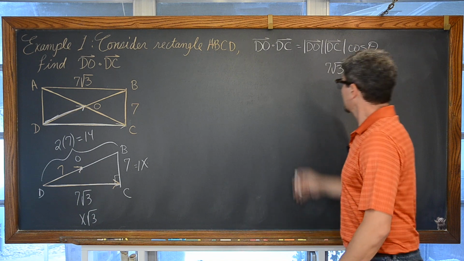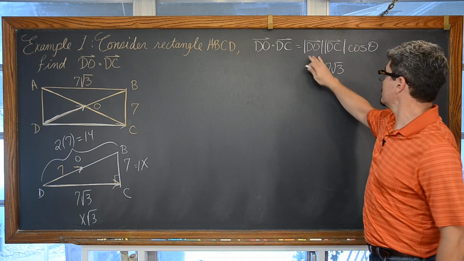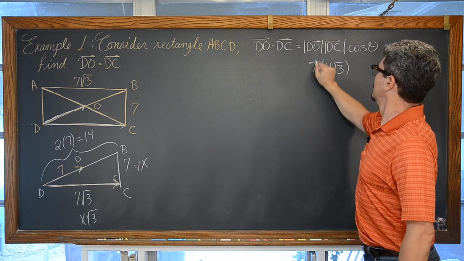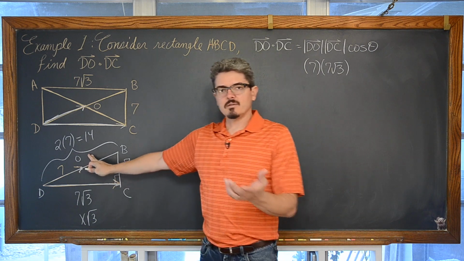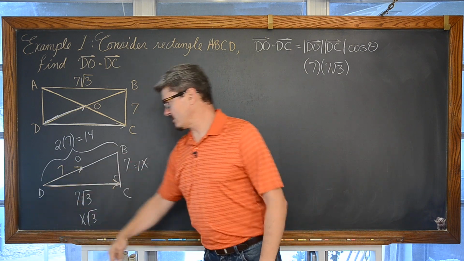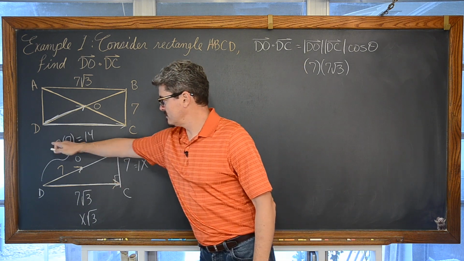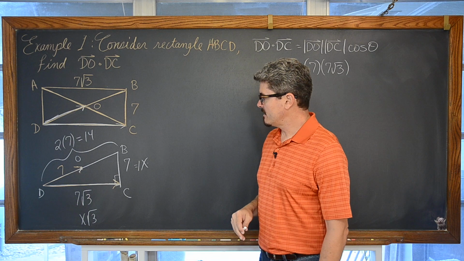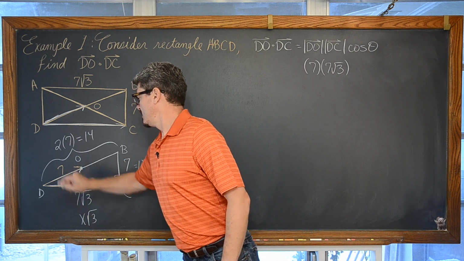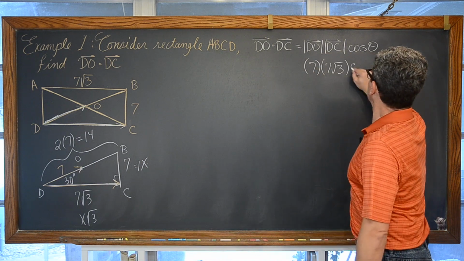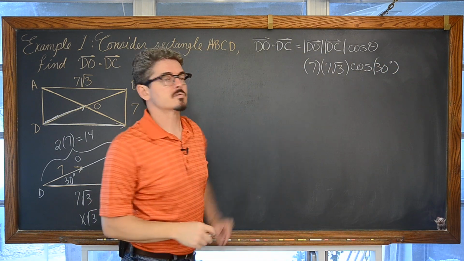So we come over here, keep looking at our formula and letting it tell us what we need to figure out. The magnitude of vector DO is equal to 7. Now, we just filled out that last side of the right triangle. Of course, you could have just done the Pythagorean theorem as well. But if you recognize that 1, 2, square root of 3 pattern, then you'll know that this is a 60-30 triangle, and the cosine of 30 degrees on the unit circle is square root of 3 over 2.